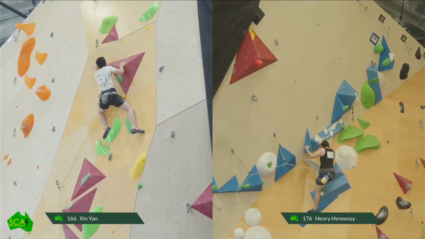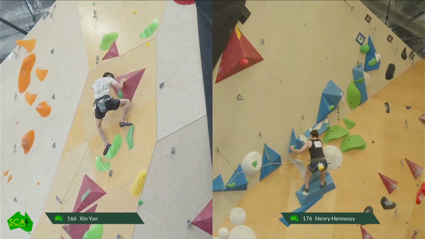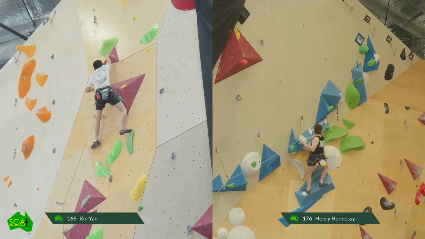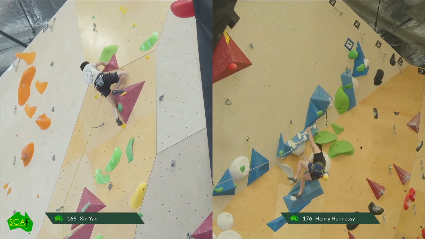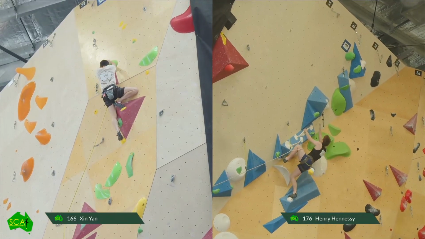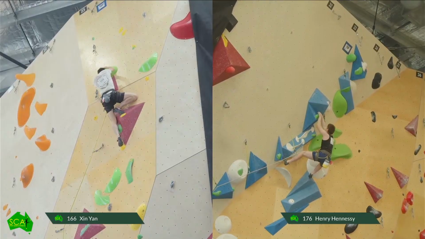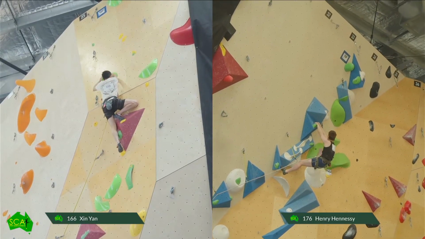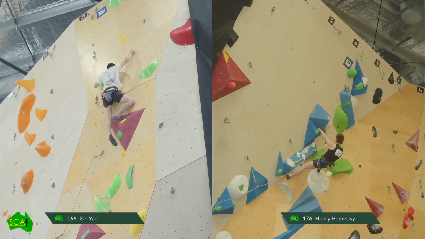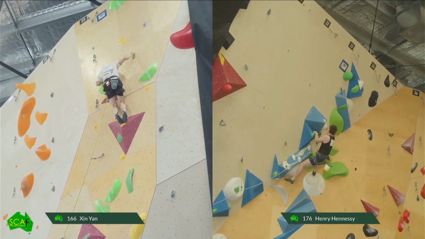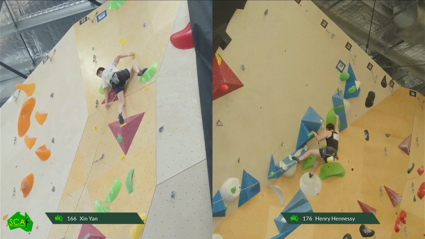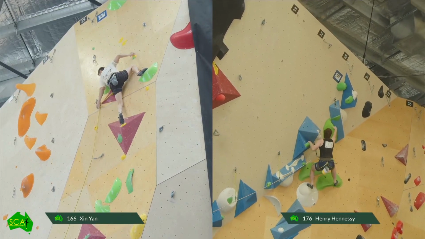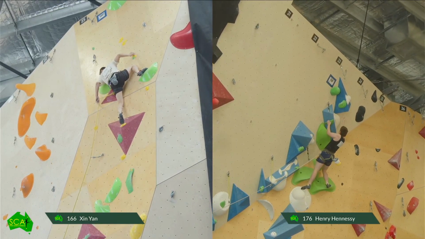Henry going pretty well over there on B1. Climbing quite fast. Yeah, and really looking very fit. Come on, Henry. So just hit that yellow one. Hit the yellow one up. Pull up and step. Getting close to the high point here. Yellow, green over there. There you go. Nice. Now it's crimps all the way to the top. That's nasty. Yeah, it's the last thing you want when you're cast. All right, let's get that camera up a little bit so we can see the top. All right, let's make it happen.